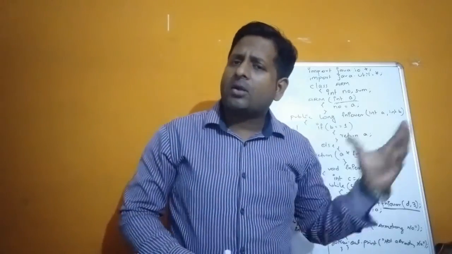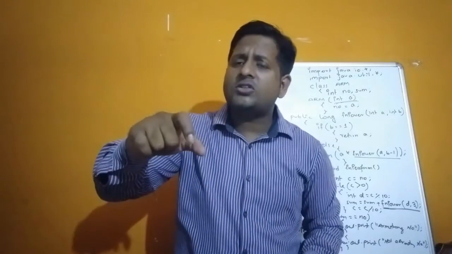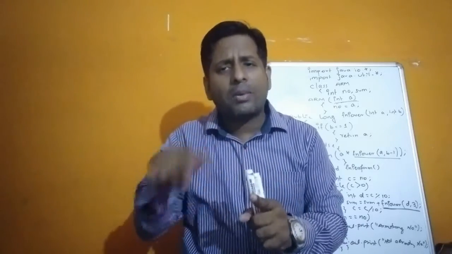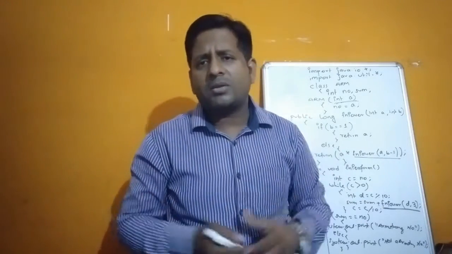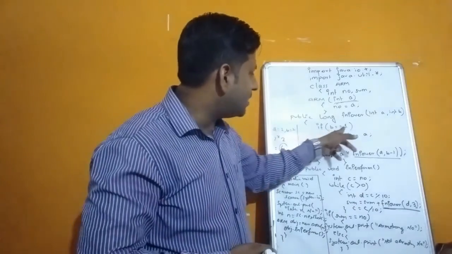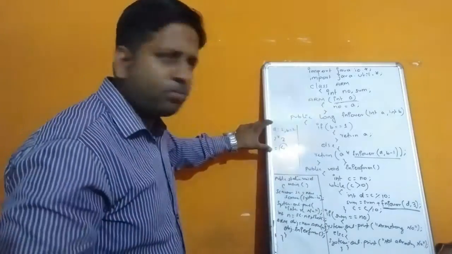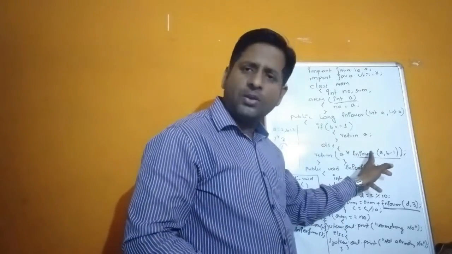Now let us come to the part of the recursive function. As already told, a recursive function means a function which calls itself. That means here you are not allowed to use the looping concept. Instead, you have to write the function in the return part in such a way that the function will be called again and again by itself. Here we have used the same concept. If power is 1, the number remains unchanged. So that part: if b is 1, return a, a fixed value. Else, if power is something else, we'll use this part for calculations. You can see function power has been called, so it becomes a recursive function.